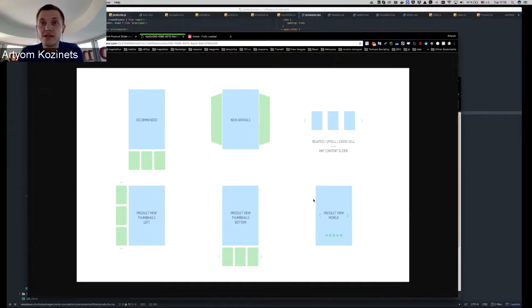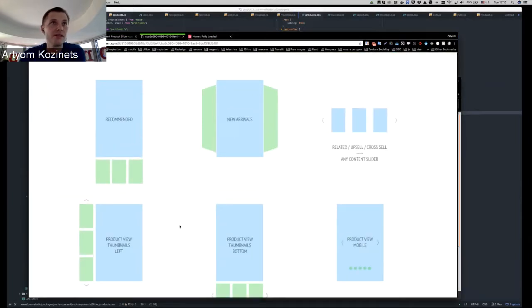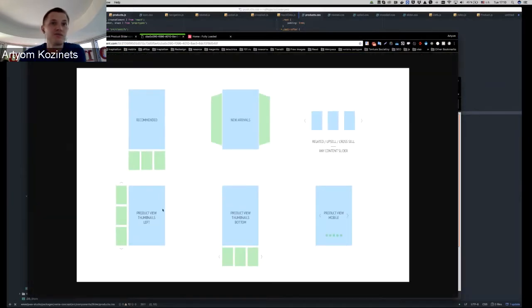Then related, which can be upsell, cross-sell, actually any slider, any content slider, scroller, and so on. Same with the product image on a product view page with thumbnails and the main image. Left alignment thumbnails and bottom alignment, it's a product view page. So